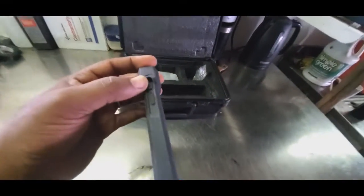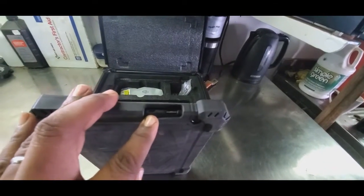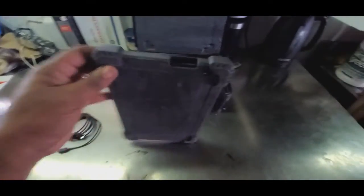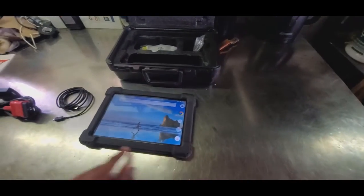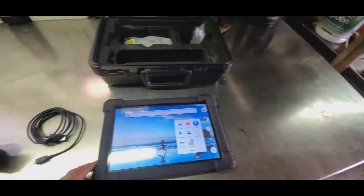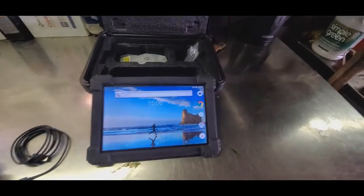On the left side you have your power button and volume up and down. On the right side of the scanner you'll have your micro USB for charging and a full-size USB to connect the VCI to the scanner. In the back you have a camera, and when you take off this sleeve, because this is a sleeve, it's not part of the tablet, you'll have also a micro SD card slot. So if we launch the Ancel app,